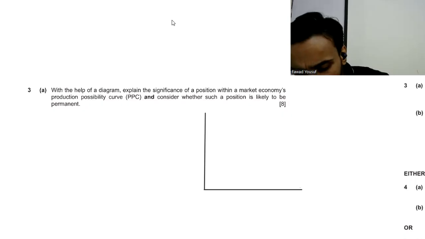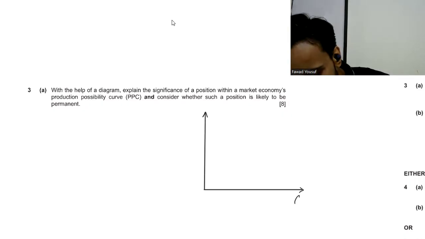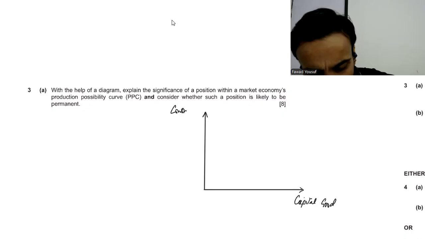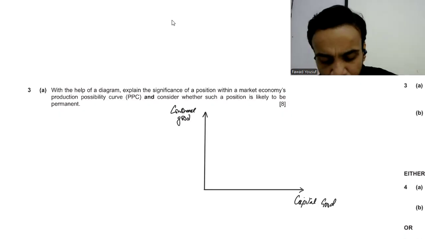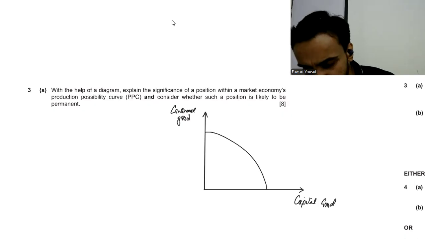Point inside की बात हो रही है, goods are not mentioned, you can do whatever goods you want. We've always talked about capital and consumer, you can stick with that, capital good। एग्रीकल्चर और मैन्युफैक्चर्ड भी जो है ना, वो भी एक अच्छे वो है। Good X, good Y भी acceptable है। ठीक है, good A, good B, good X, good Y, they're all acceptable. You're doing a PPC curve like this, normally ज्यादातर आपने इस तरह